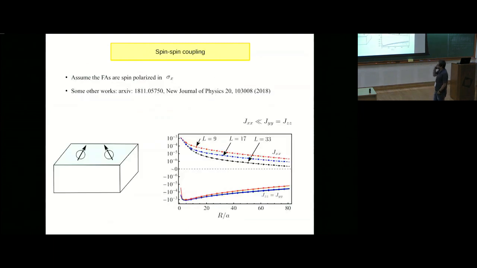Okay, so this is one of the results we have. Assume that your Fermi arcs are polarized in sigma x, some spin direction sigma x. As soon as it's polarized in sigma x, you can think of a lot of quantum Hall states running along the surface. Each of these is polarized in sigma x, okay? And they have a single chirality, which tells you that jxx should be vanishingly small, right? And this is what you find as you increase the thickness, so the Fermi arcs are better formed, the jxx